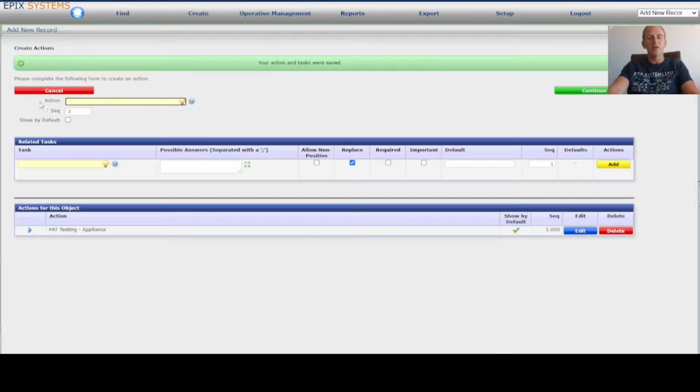I'm going to add an additional action or section to this survey now, and this is for any additional comments or any additional findings that they might want to record. So I shall call this section additional comments. This will appear at sequence order 2, so below our pat testing, and I want it to show by default so it's always there when they open this survey. In here I would like simply 2 questions, so then any additional comments that they might have, the possible answers to this would be a text field,